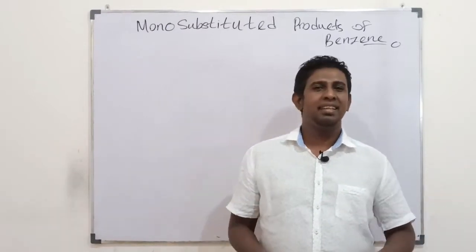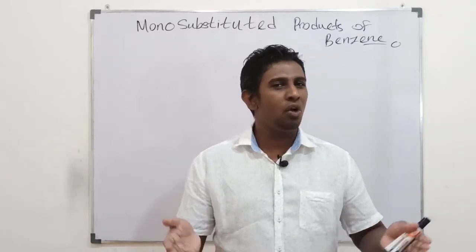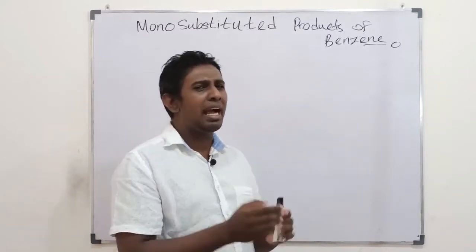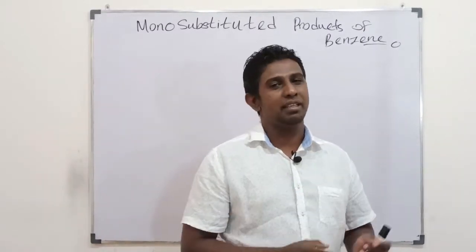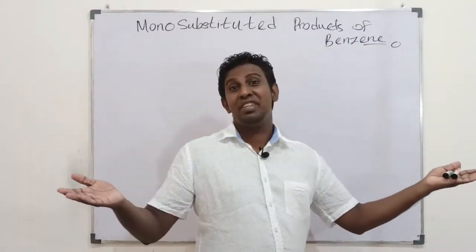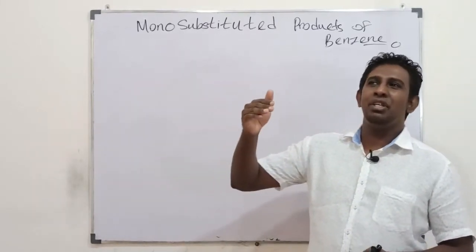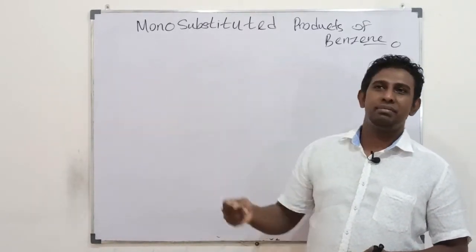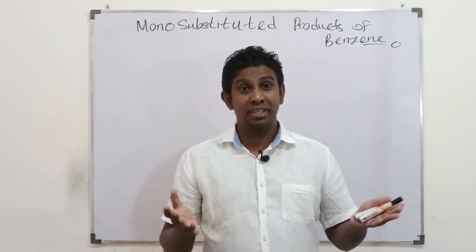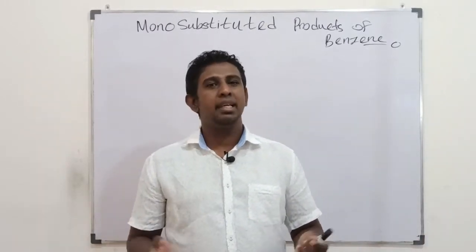Here in this lesson, we are going to present another topic found in organic chemistry. As in the earlier two videos, I'm going to extend that topic. Students, it's the monosubstituted products of benzene that we are going to talk about here. In earlier videos, we found that when you have a group attached straight onto the benzene ring,